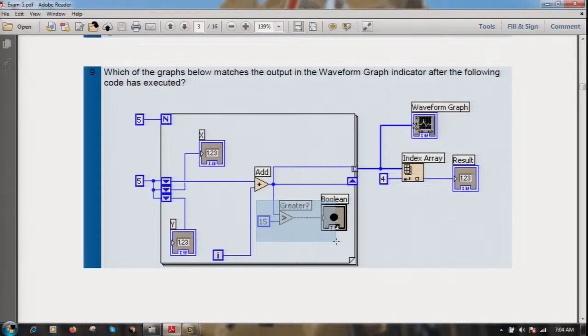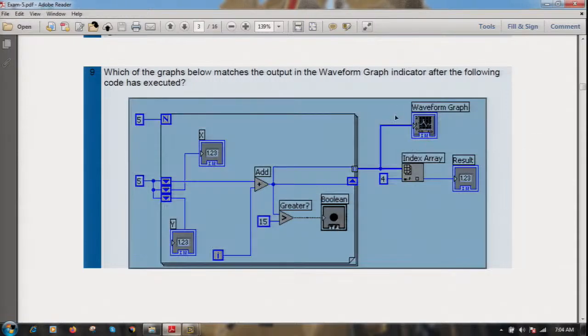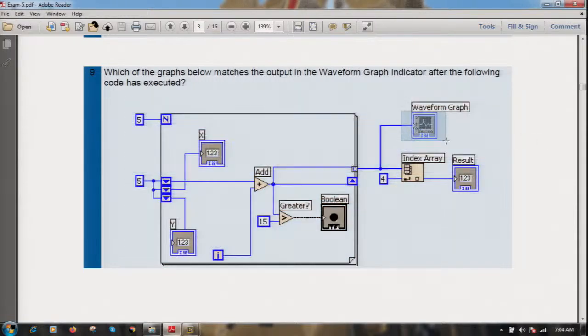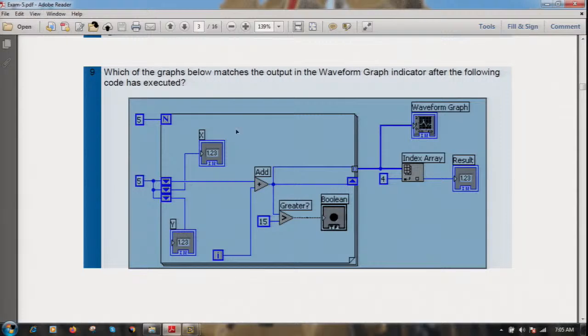This you don't have to take care of. This has nothing to do with the result over here, not this result but over here, because this is the target waveform graph. You have to find out what elements would be plotted here. So you don't have to bother about these things. So 5 is the input